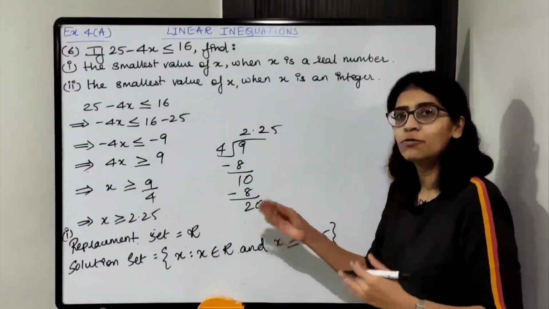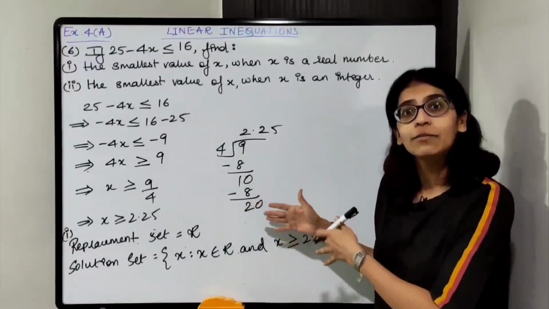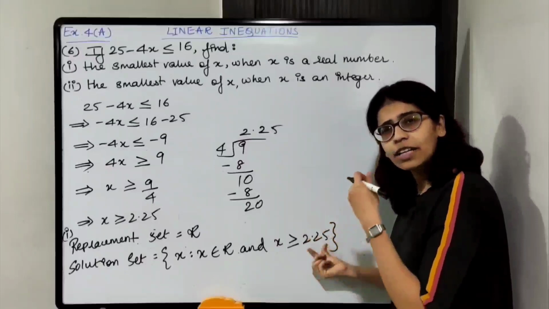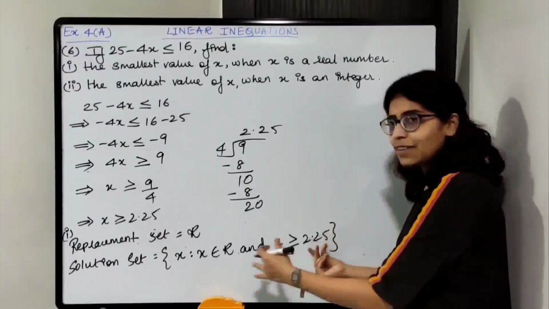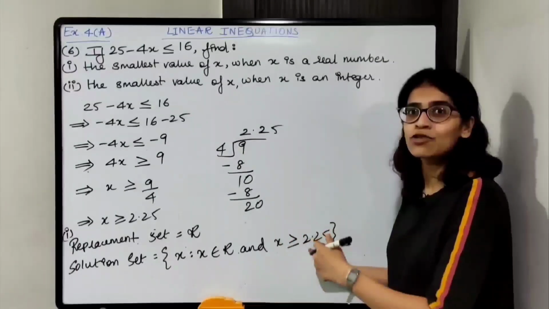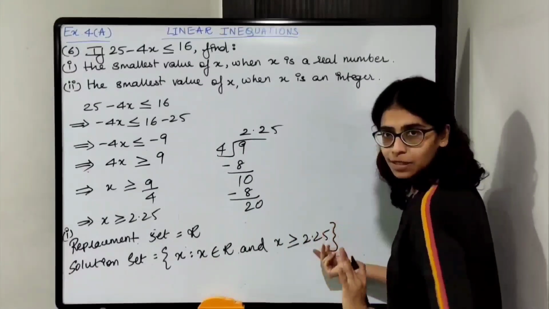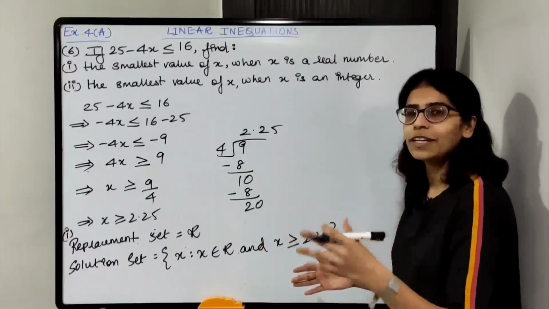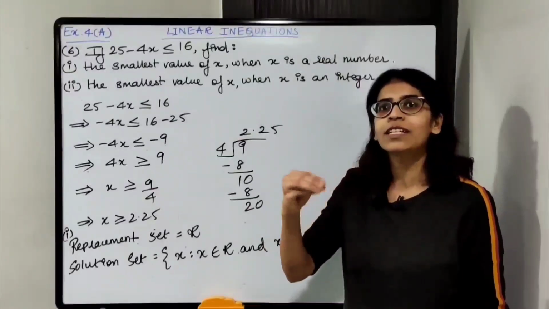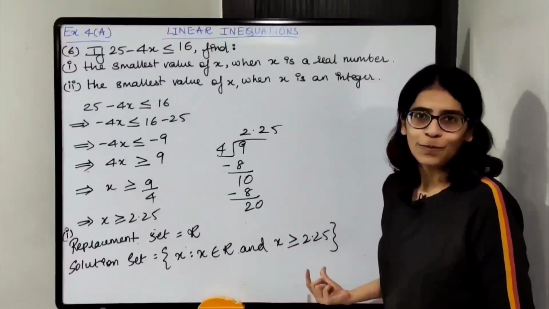2.25 bhi hoga, 2.251 bhi hoga, 2.252 bhi hoga, 2.2569 bhi hoga, because there are infinite values in between. Saare values to nahi likh sakte hum log. It is not like natural numbers, integers, whole numbers. So over here we write in set builder form. It can be 2.25 or greater than that. So infinite values hain yahan pe, but you cannot represent every value over here, so we'll write it in set builder form.